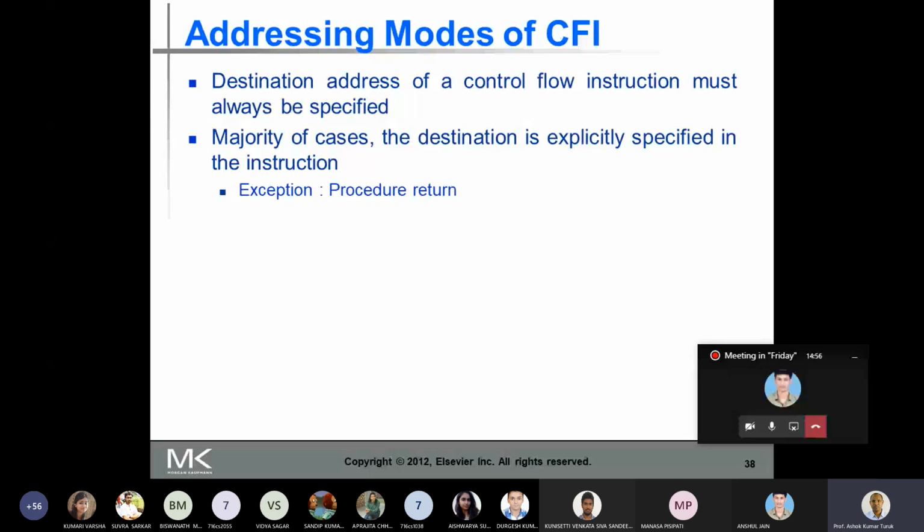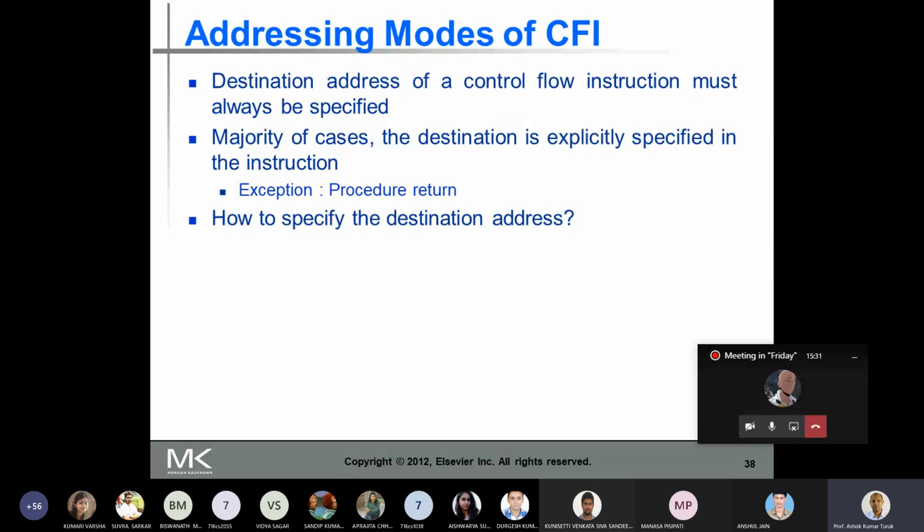This is because the return target is not known at compile time. Once the address is explicitly specified, the target address is known, so at compile time you can find out where the target is. In a procedure return, you do not know where to return, so you cannot figure out the return at compile time.